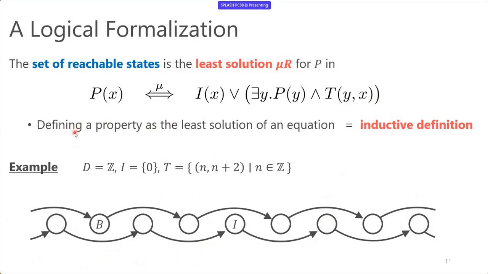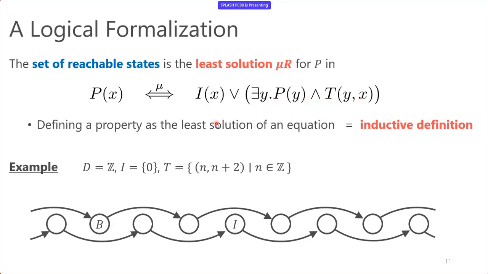Here, note that defining a property as the least solution of an equation is called inductive definition. And the equation says that the initial state is reachable, and any state y, which is one step reachable to x, is also a